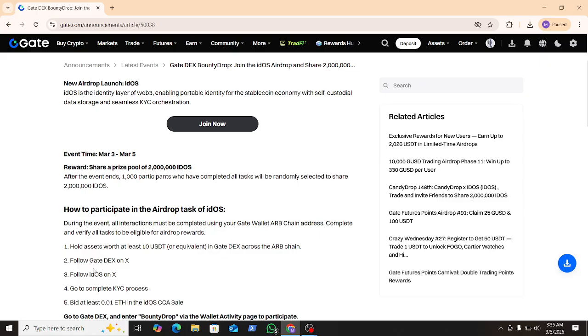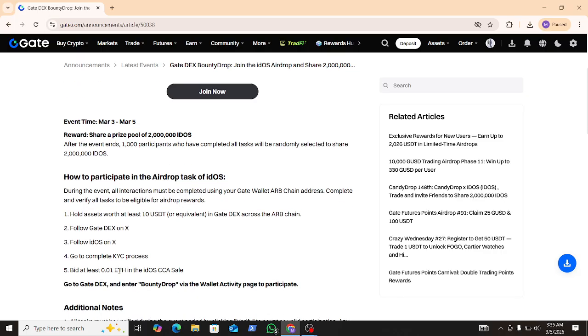Follow Gate DEX on X. Follow IDOS on X. Go to complete the KYC process. Hold at least 0.01 Ethereum in the IDOS